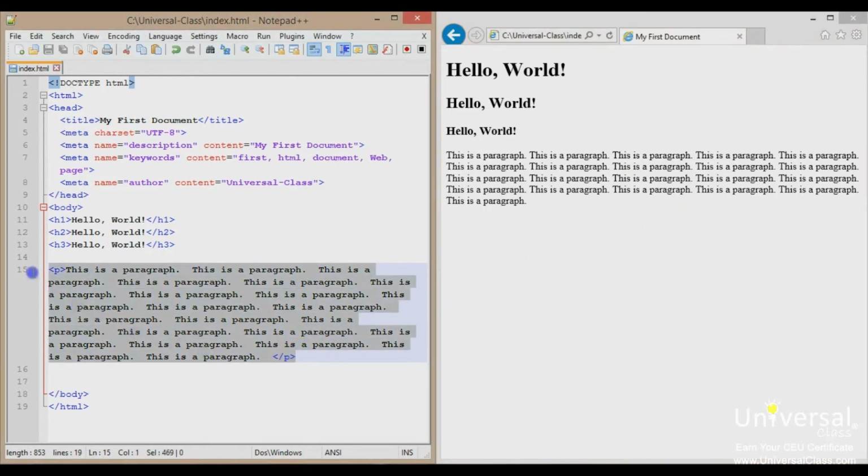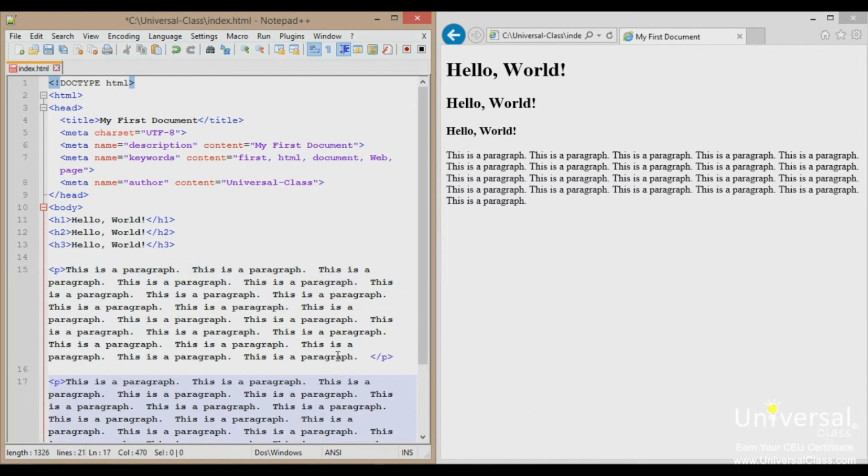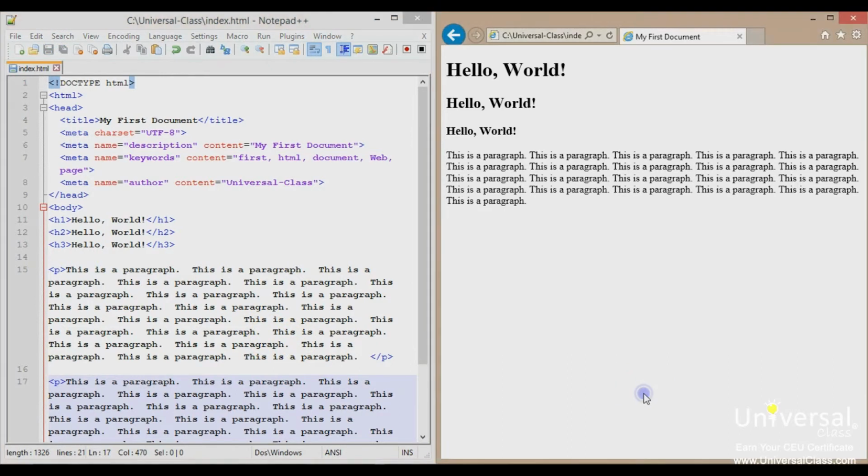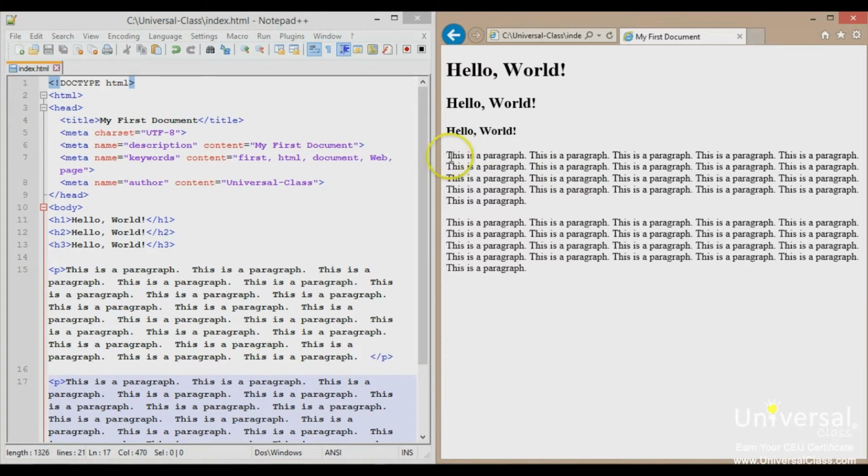Now what you will see though is I'm going to copy this entire paragraph a second time. And you will notice that whenever we have a paragraph, there is a space between the two paragraphs. This is what's called a block level element. And what a block level element is, imagine drawing a rectangle all the way around this thing,